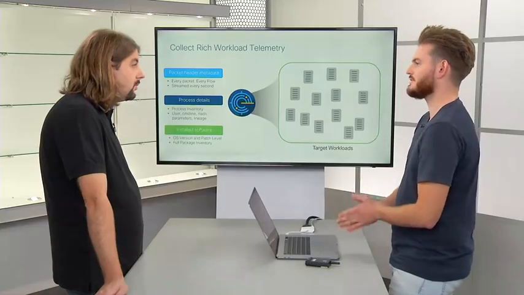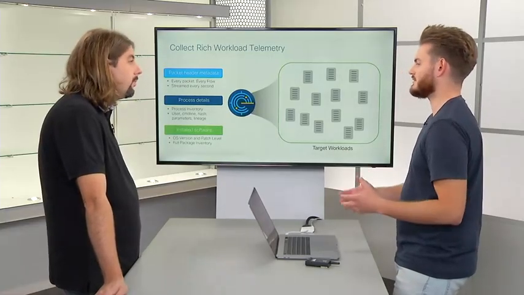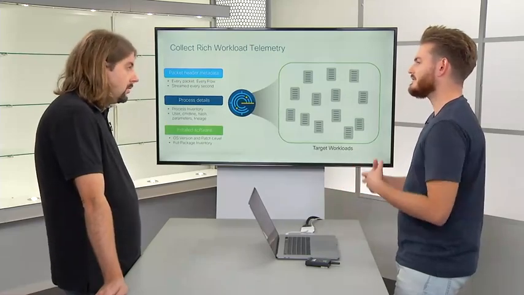If you think about the modern data center, modern applications that are moving towards things like TLS 1.3, it's going to become impossible to decrypt that traffic anyway. Even if you could decrypt that traffic, being able to analyze what's inside the payload and work out what the application is, in many ways it seems like the backwards way to do that. Because we're on that workload and we have that process information, we can get a much more concrete identification of what that application is. And we don't have to deal with having a DPI engine.